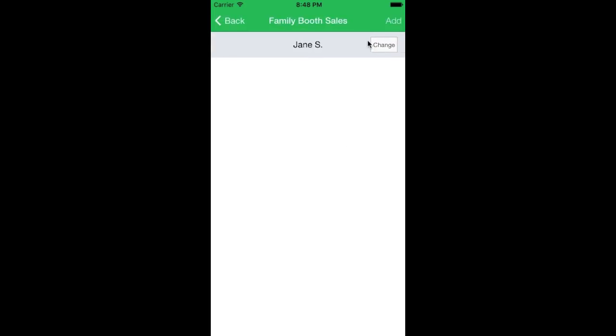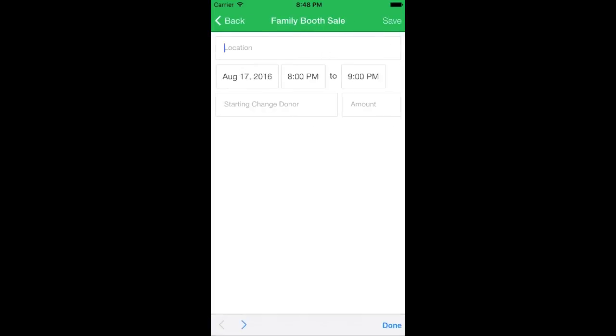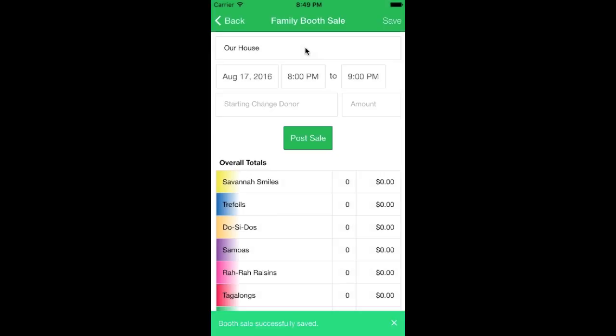So we'll go into family booth sales first. You click on add, and we'll just put in our house. You select the date, the time, and then the starting change donor and amount. That's if somebody provides cash to the booth sale to provide change beforehand. That way at the end you can know that mom provided $20 and needs to be paid back $20. So once you're done, you click save, and then you'll see